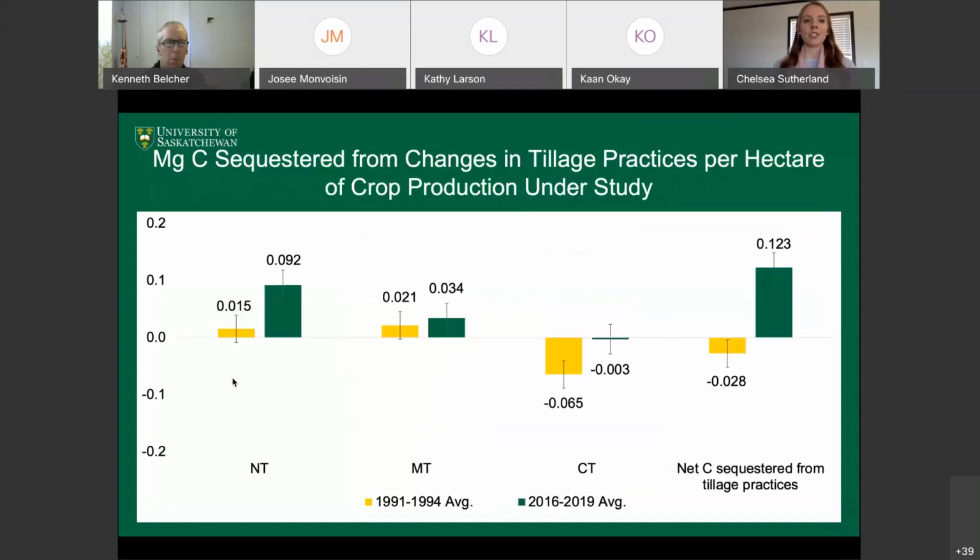So this graph just shows you my calculations for the carbon sequestered from changes in tillage practices, and they're discussed per total hectare of crop production under study. If we move left to right across the graph, we see the changes in sequestration from no-till practices, from minimum till practices, the changes in carbon release from conventional till practices, and the far right column gives us a look at the net carbon sequestered per average hectare in these time periods from changes in